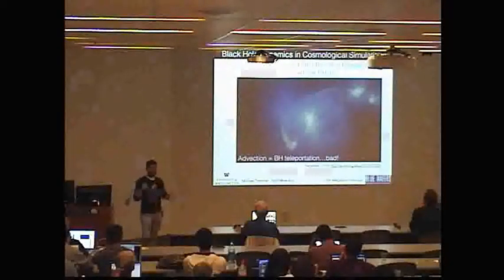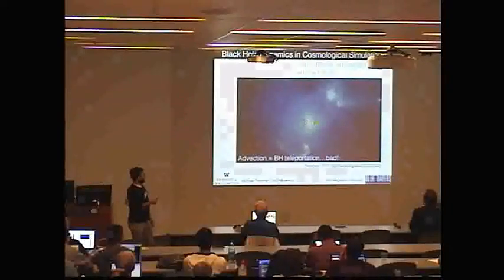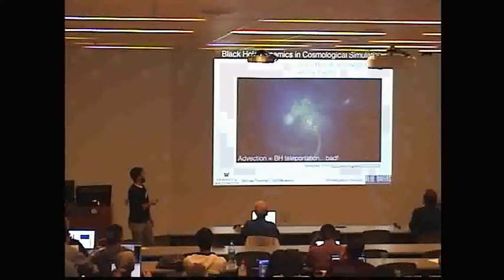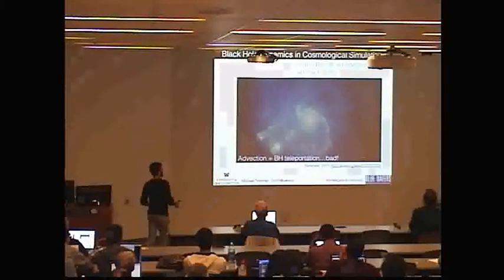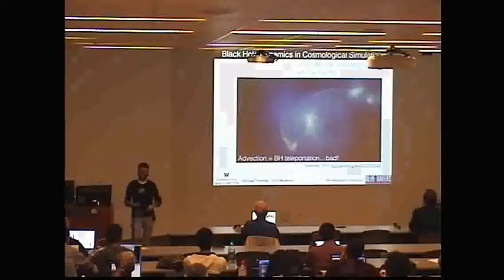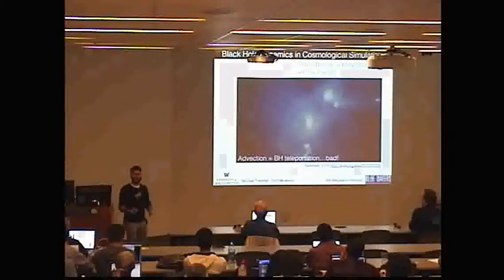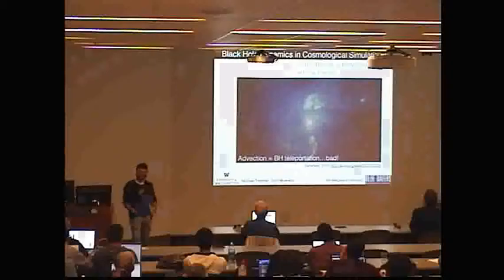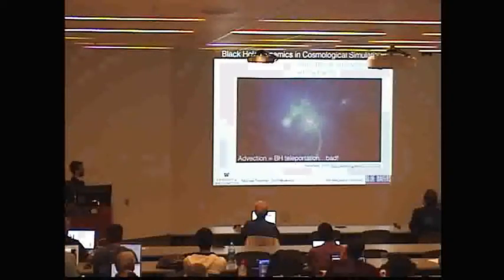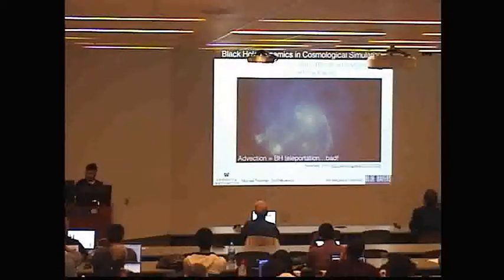Now, the problem in cosmological simulations and studying this has historically been the dynamics of black holes. So here you see an example simulation that uses a common approach to black hole dynamics. And here you have two black holes, and eventually one of them will get teleported into the center of the main galaxy. Not only does that create sort of an explosive accretion event, which affects the physics of the galaxy in a certain way, it also means that you don't really know much about whether or not those black holes really should have merged and when they should have merged in that interaction. And this is the exact model used in the Illustris simulation for black hole dynamics.